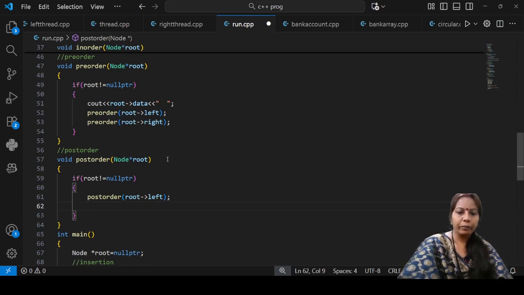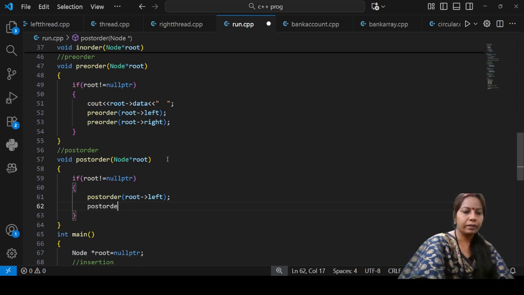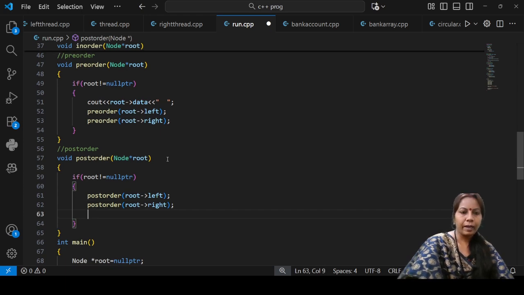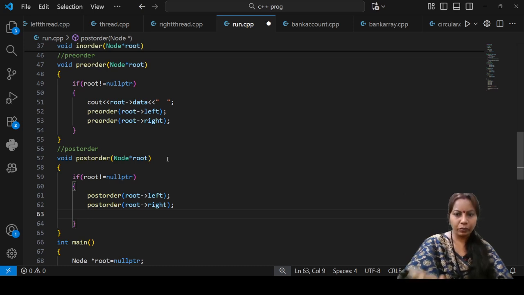Now again post order traversing where root, this points to your right node, and now again at last left, right, and at last this prints your root node.